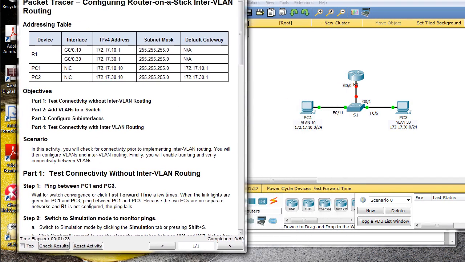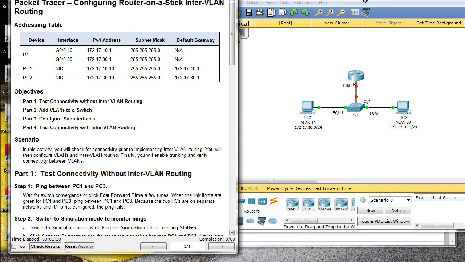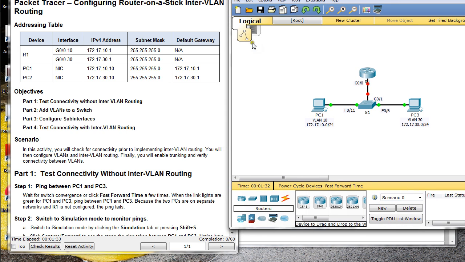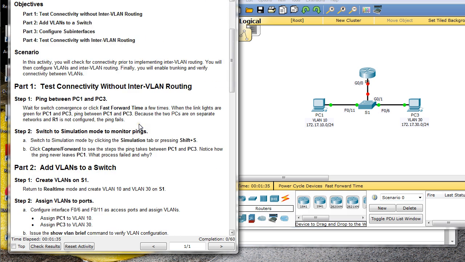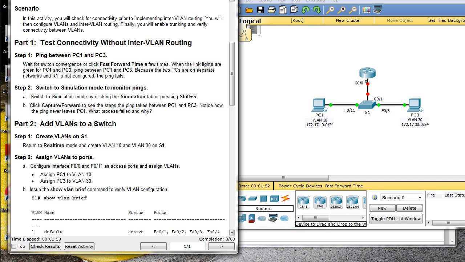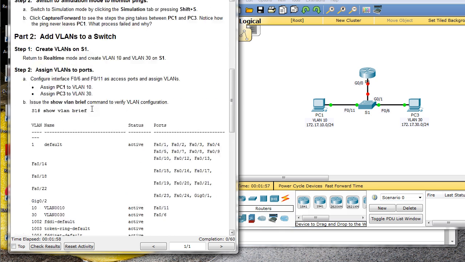Okay, so let's do the lab next, the 105.1.3.6 lab. In this lab, the task that you should do is, I think the main task is you have to configure S1, create VLANs, and assign